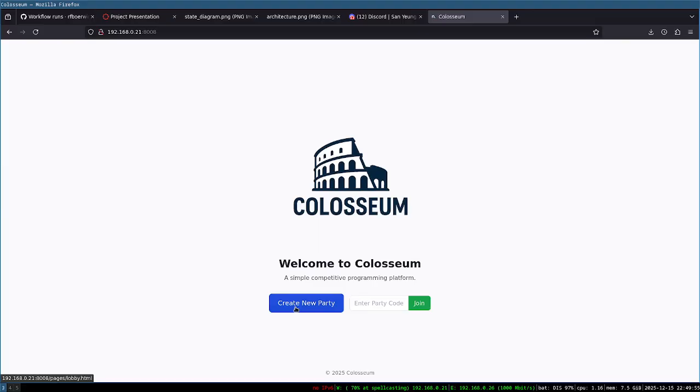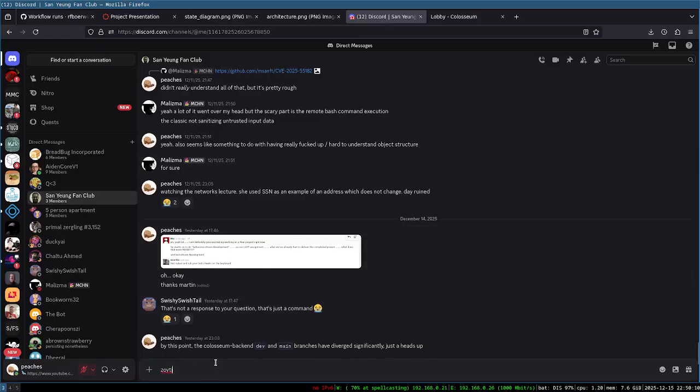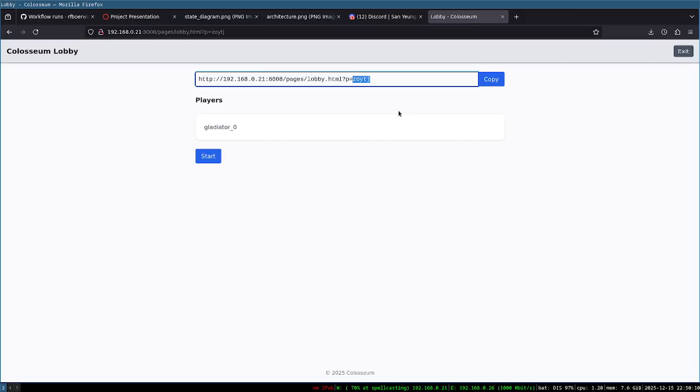The first thing is I'm going to be the host of a party. So I'm going to create a new party, which gives me a code. I can either copy this link or copy and paste just the code. I'm going to send it to my friends, and then they're technically my teammates, and they should be able to join, and you should see them join in just a second. There's one of them,